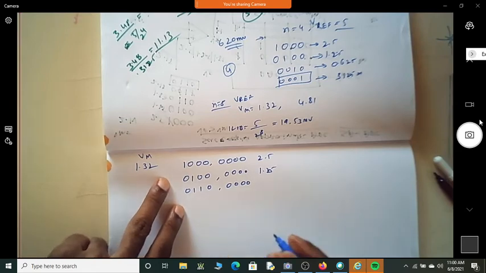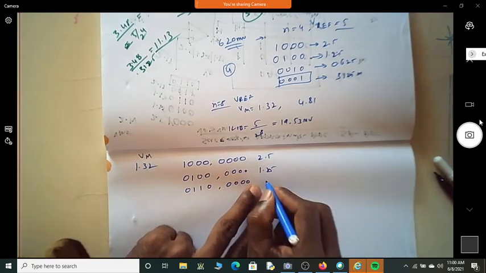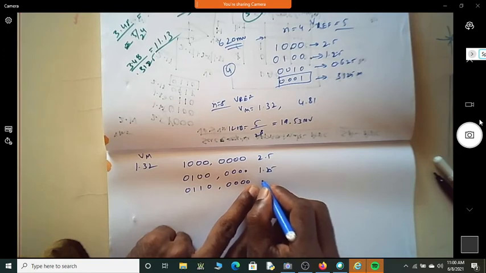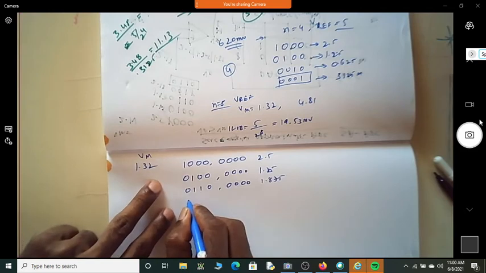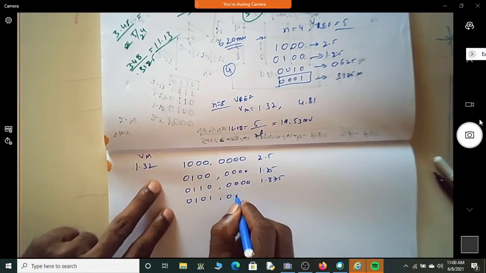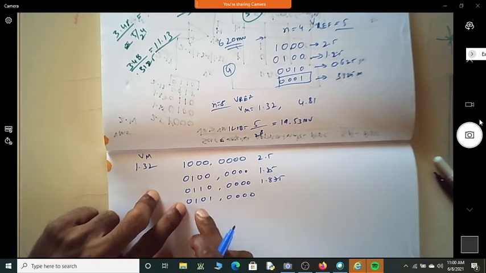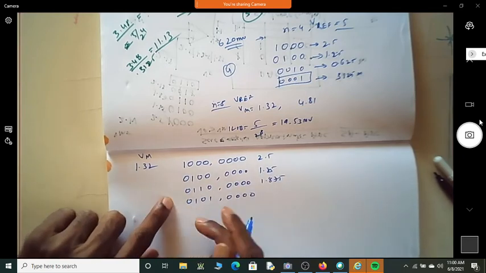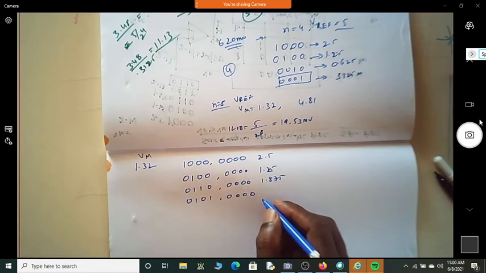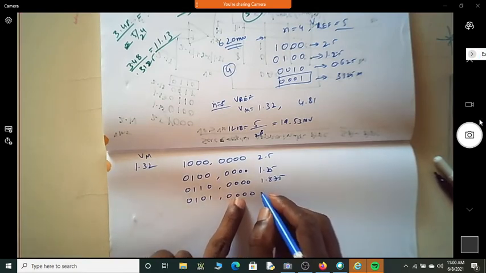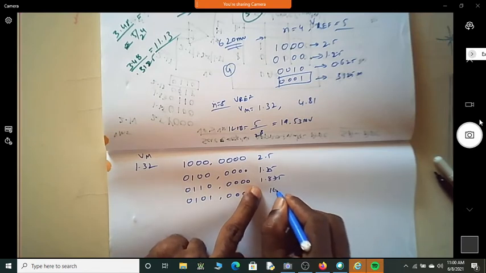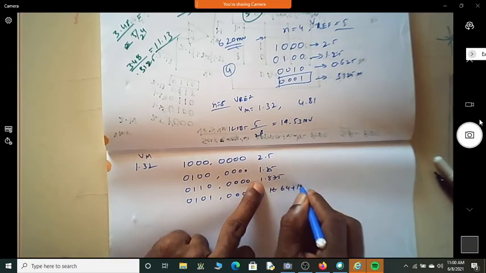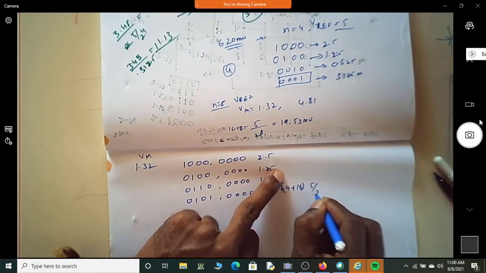Correct? Yes, sir. How much is this? Is it 1.875? So shall I do this? Because this is more, no? So then I should discard. Yes. Then what is this? How much is this plus this? This is actually 64, this is 16. Correct. 64 plus 16 into 5 by 2 power 8. That is the value.